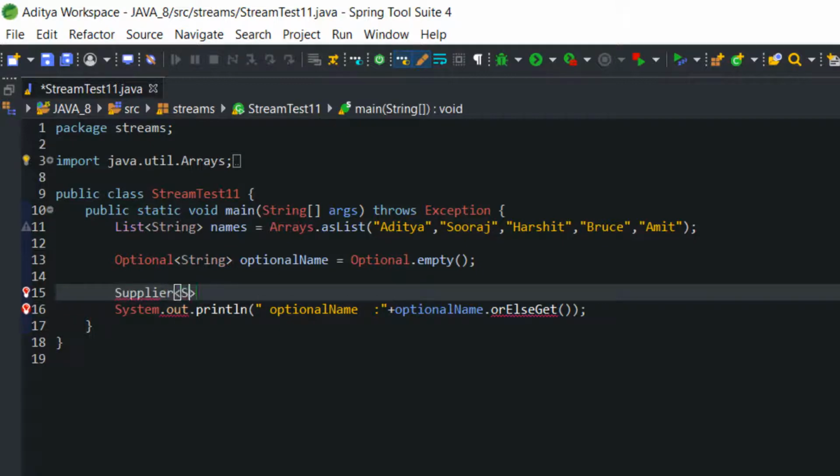So let's write a supplier logic. Here also I'm going to write a statement: "supplier reference is called". Now let's save the reference name here.